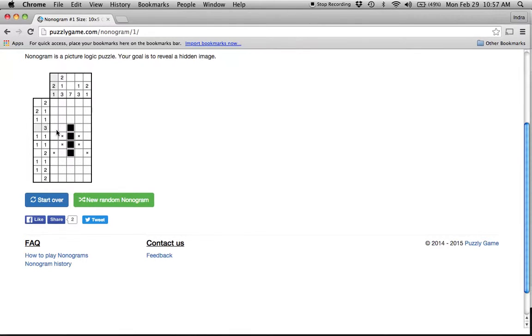So if I look at this top part here, I know these are blank. Could this be a block of 3? And the answer is no, because a block of 1 I need at least 1 blank space, and then 1, and then 2, and obviously that goes off of the grid. So I know that these spaces, or the blocks of 3, will not fit here,